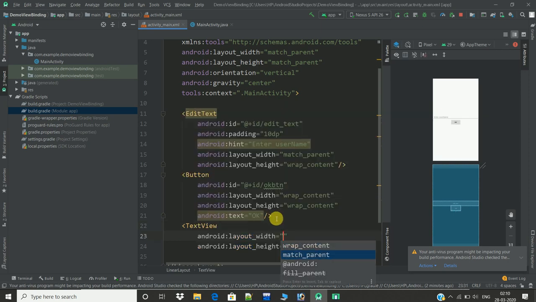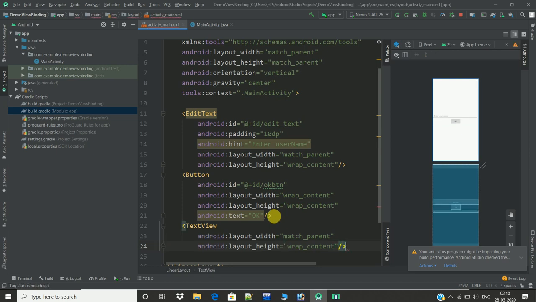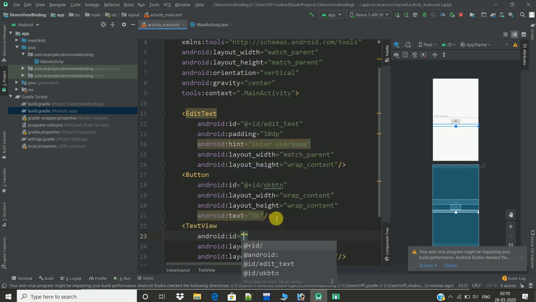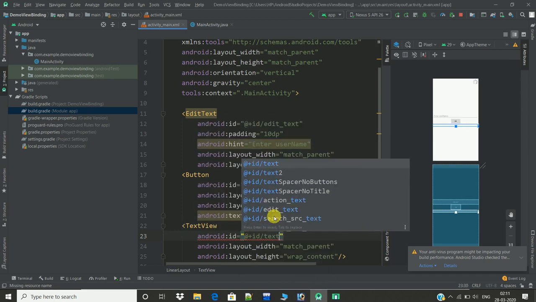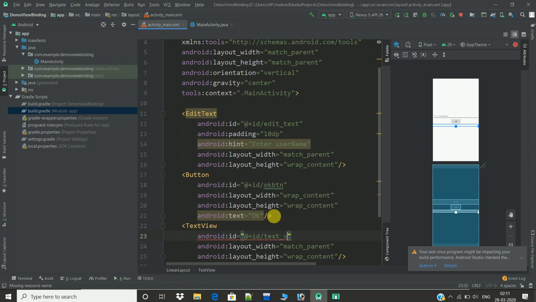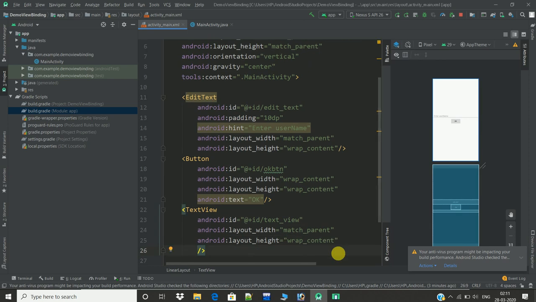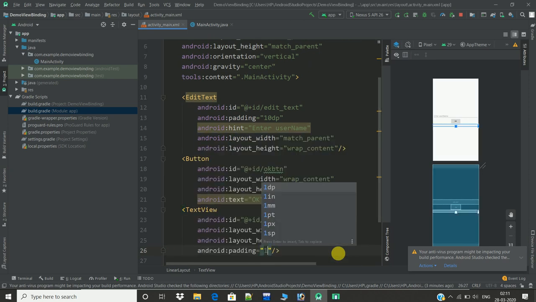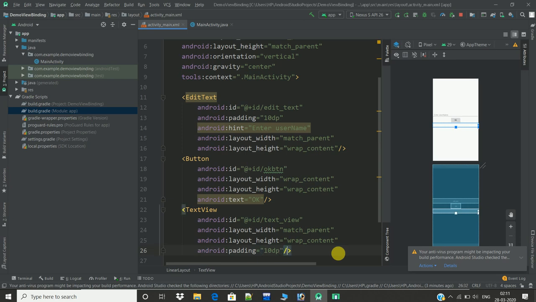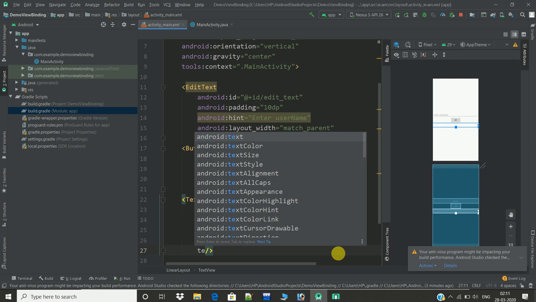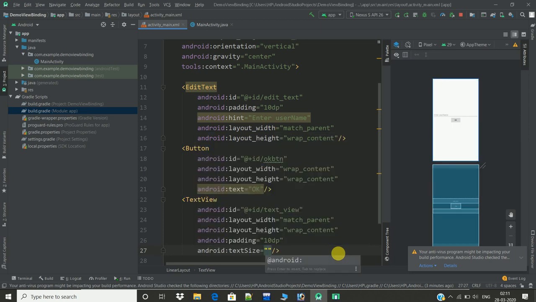Okay, match parent, wrap content, close bracket, and first of all give the ID text. Okay, set the padding and set the text size 20 dp,